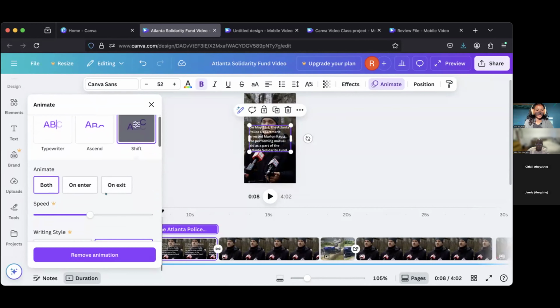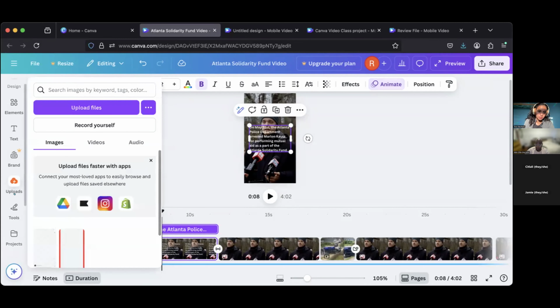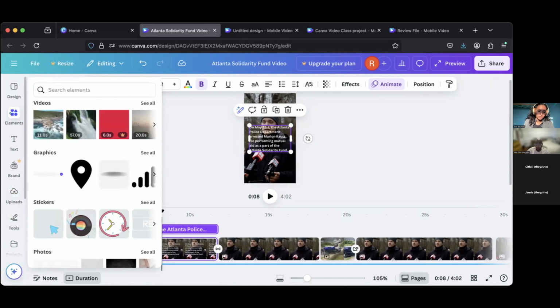Unfortunately, I think you can't choose your speed. You can choose if it does it on enter, on exit, or both. But yeah, we're going to work with what we got. Okay, so this is what I would add first. Second of all, go to elements,